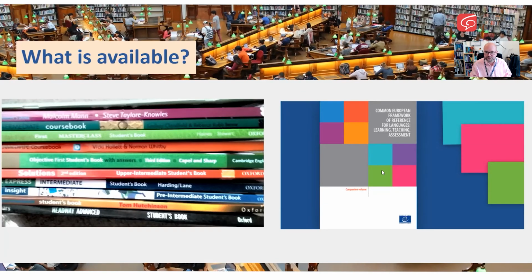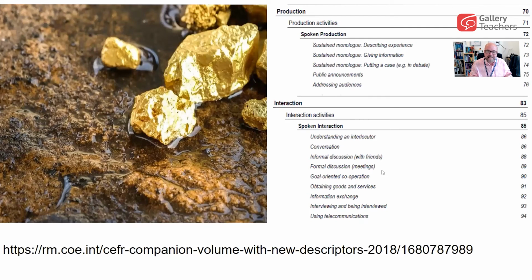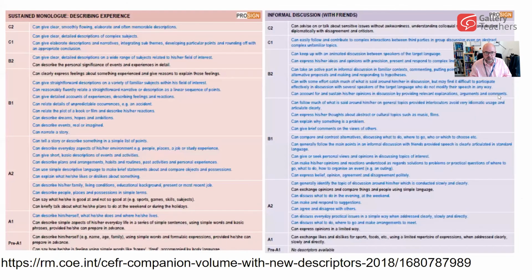However, and this is my final giveaway for this masterclass, there is a fantastic way of finding the information more quickly and more easily, and in fact, in filtering it. Now, what we're looking for effectively are nuggets of gold, those specific speaking skills that we're looking for. And of course, we could go to the CEFR itself. Here is the link across the bottom with the page references. And when we go to the pages, we can see all of them for a given particular speech act.